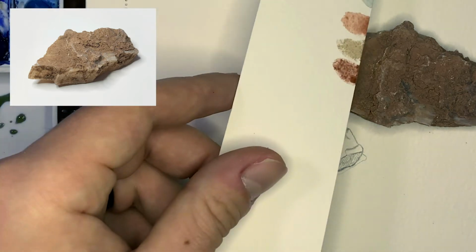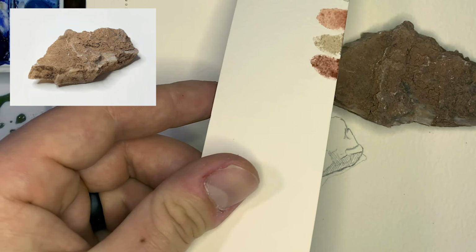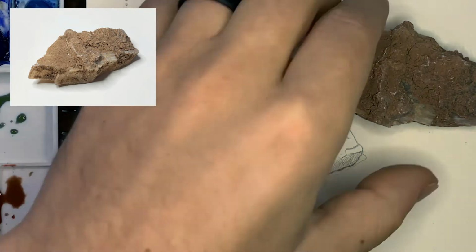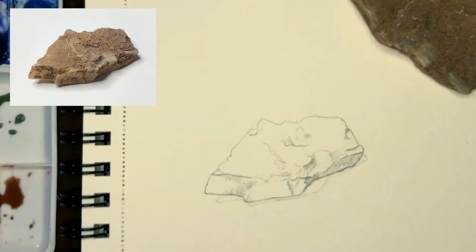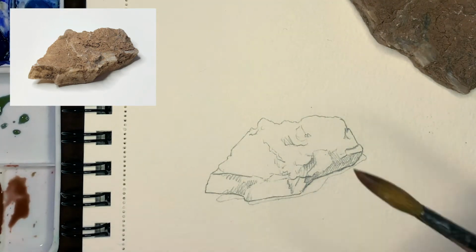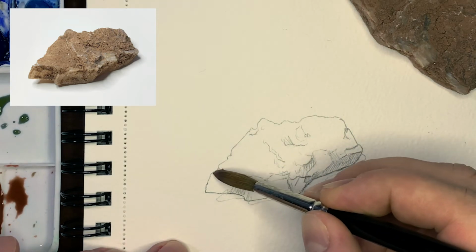Okay, let's try this one. That is looking pretty good. Maybe a little bright still, but I think it'll do for right now. As I said, we'll start with a base layer so we can always build off of that afterwards. So I'm going to take this color and, like before, I'm going to start placing it in over the entire